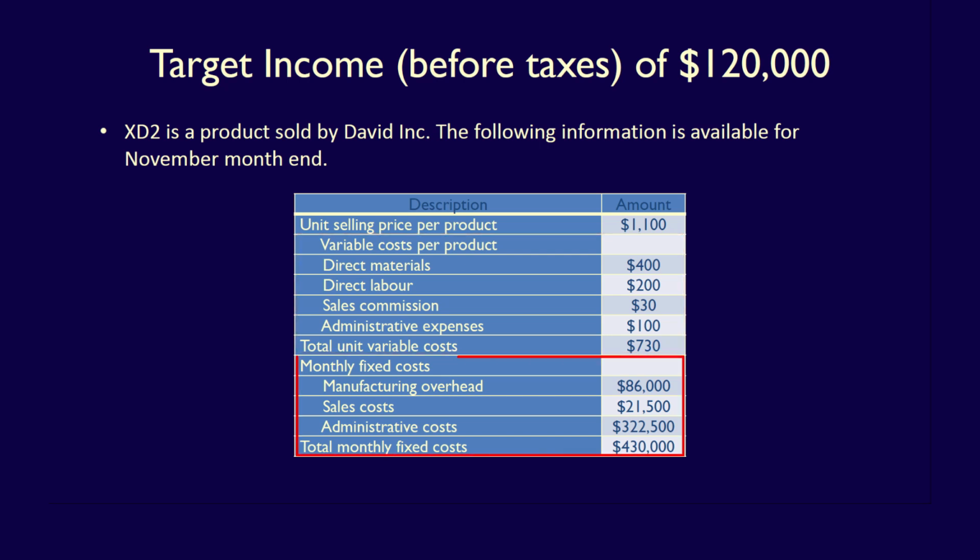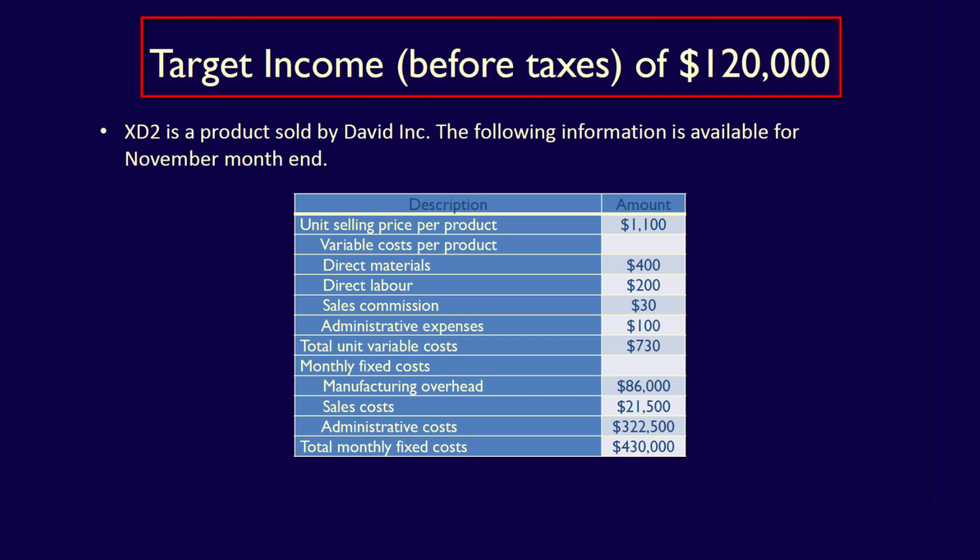Next are listed the monthly fixed costs as follows: manufacturing overhead of $86,000, sales costs of $21,500, and administrative costs of $322,500. Total monthly fixed costs are $430,000. How many units does the company have to sell in order to earn a target before tax income of